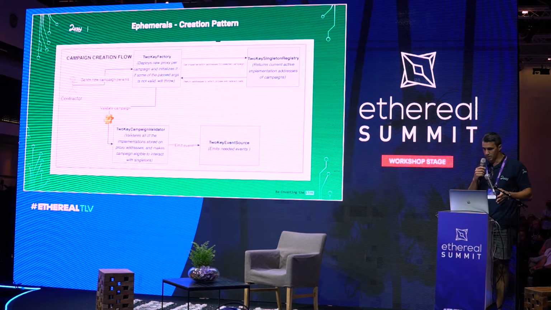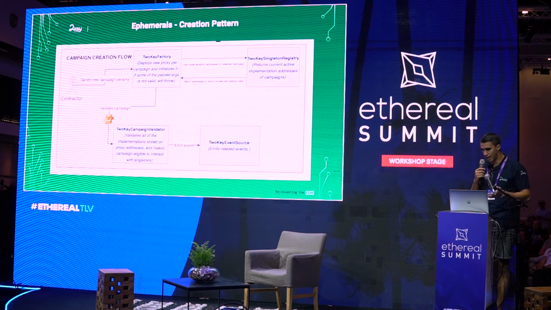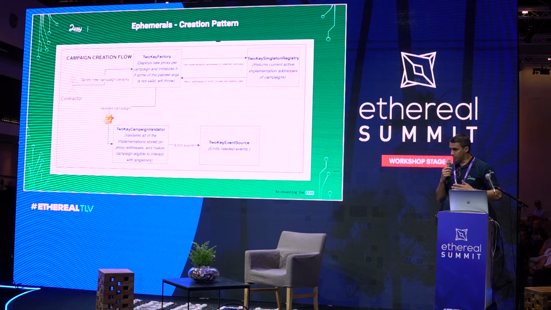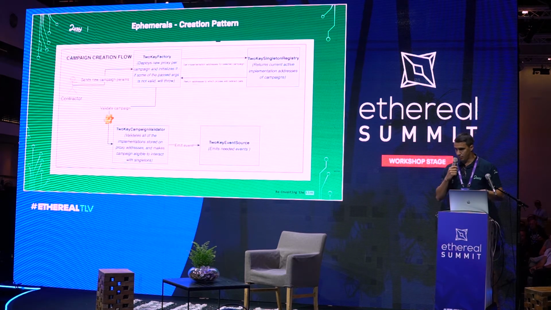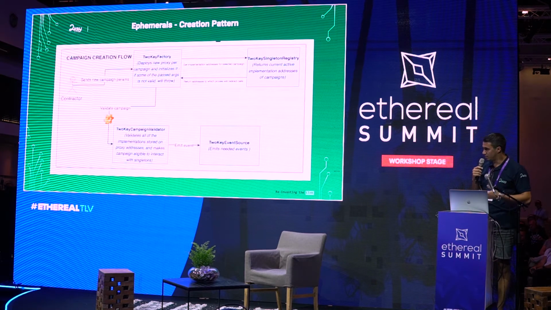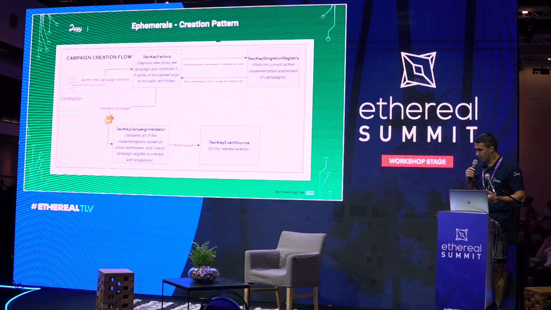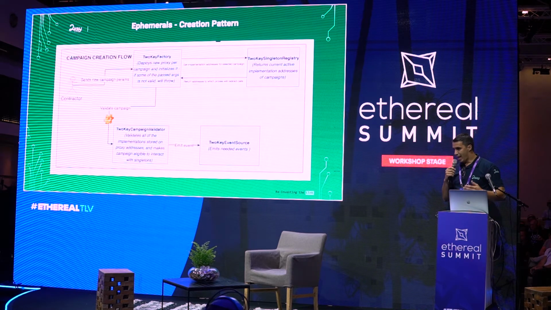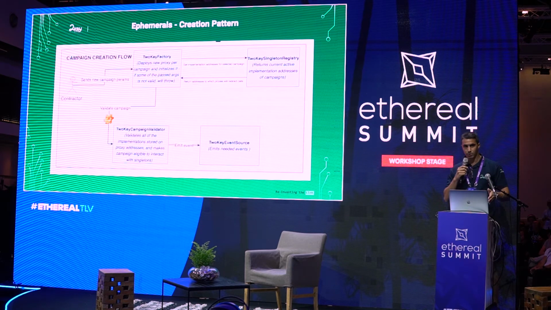What I want to say is that the only access to the validate campaign function in the campaign validator is through Tuki factory. So everything has to go through Tuki factory, calling the campaign validator, which then does a couple of queries over the state of the newly deployed contracts, makes sure it's all okay and all data is valid, and then once it's done, it whitelists that campaign so it can interact with the pool of singletons, update the reputation,